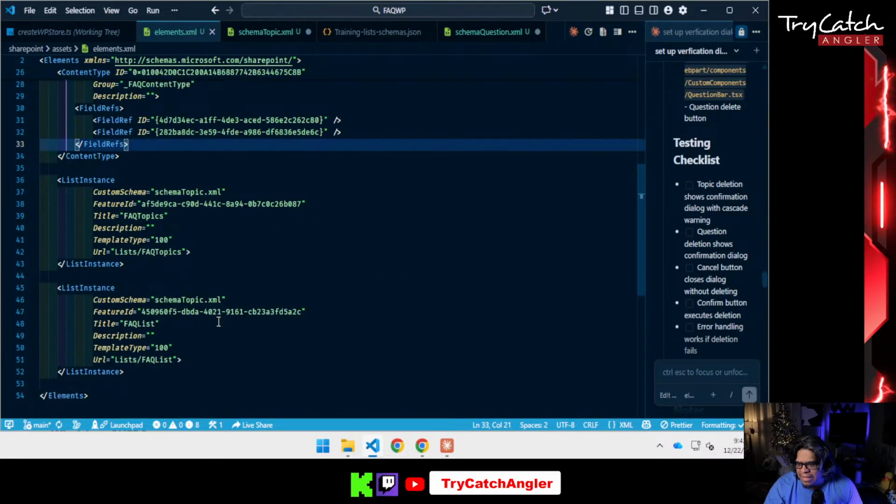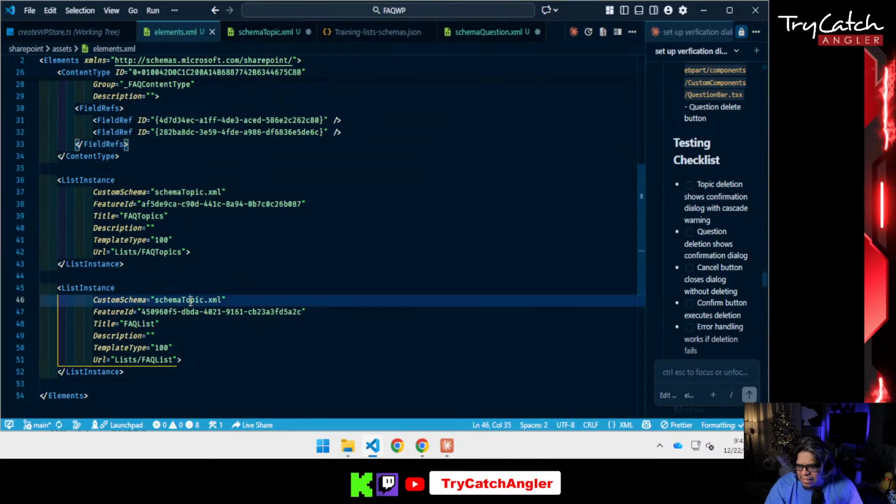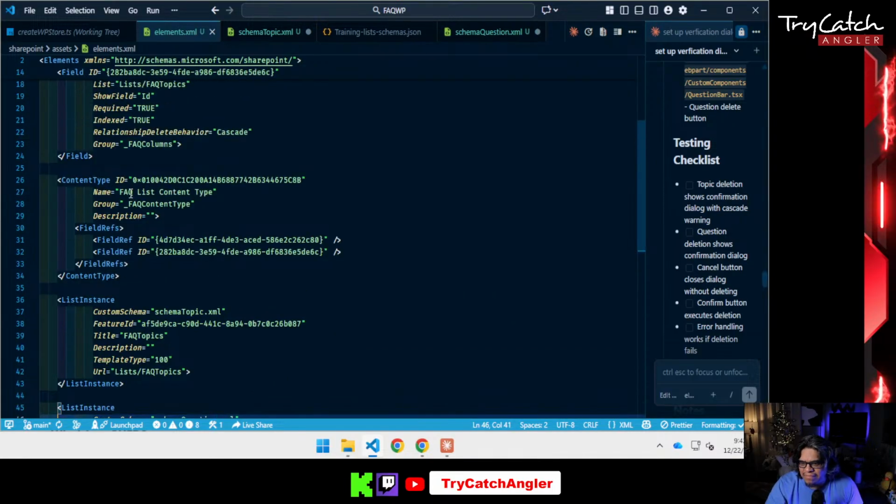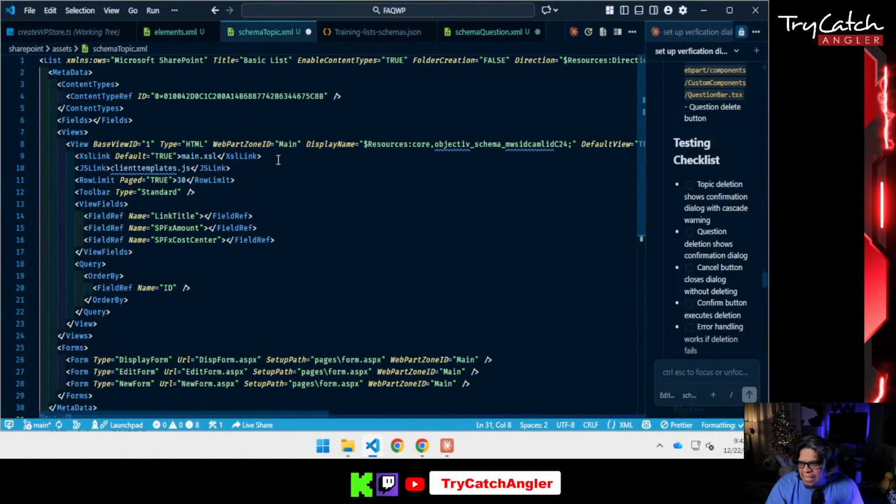Okay, so we have our schema topic and schema question, I believe. We have our two different IDs for our list instances. We have the list instances defined. We have our fields defined associated with a specific content type. And then in our topic, content type reference,